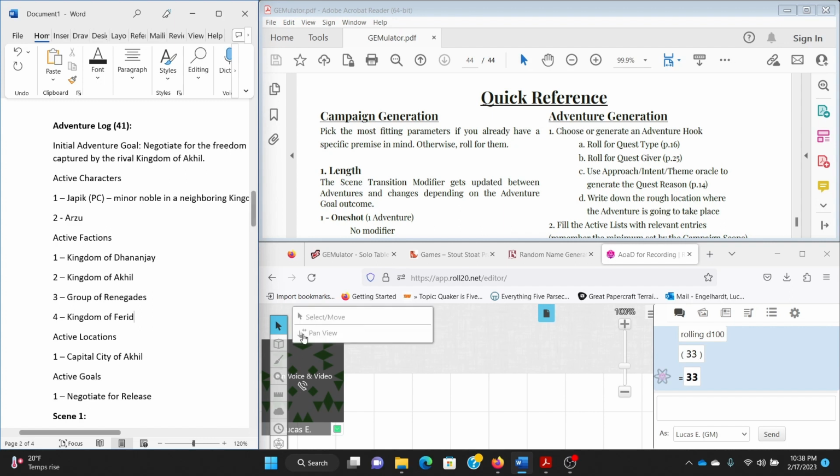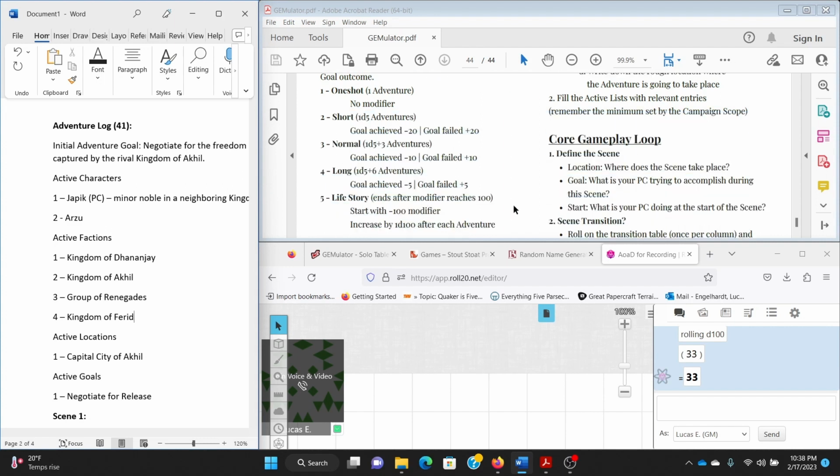So what happens when you start a scene? Well, this is all provided for us. If you look in the PDF of the GEMulator, again, the GEMulator is available to you for free on drivethroughrpg.com. Suggested price of 0. Certainly feel free to give Solo Tabletop Blog some money. I don't get anything if you do, but certainly it's a great way to reward creating what is really, I think, a fantastic resource for those of us that like having a little bit of structure for our